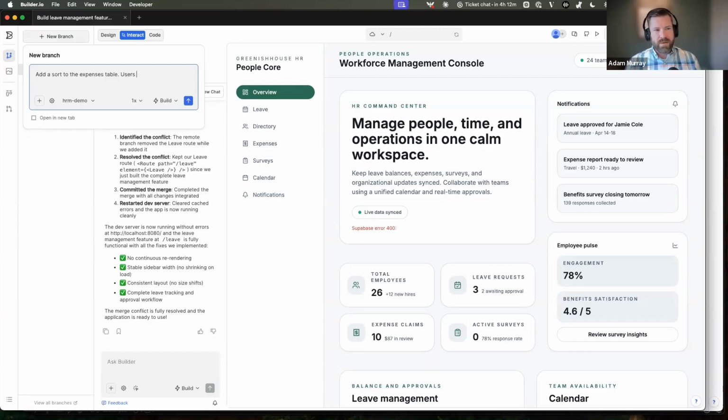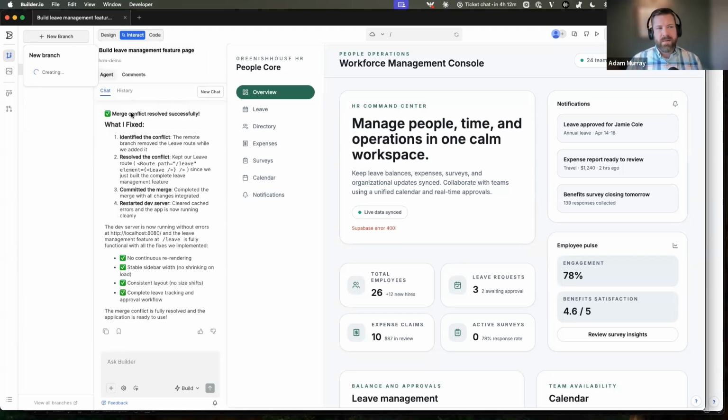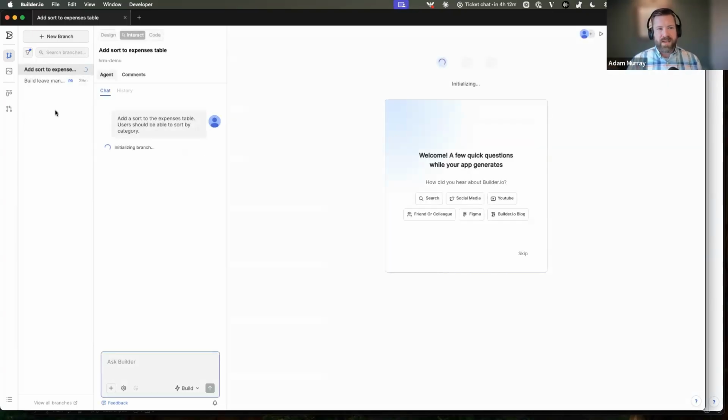The users should be able to sort by category. Just to do something really simple here, I'll show you. It's going to create a new branch,